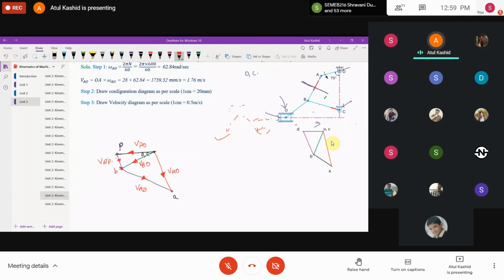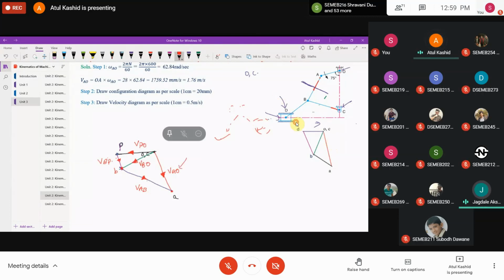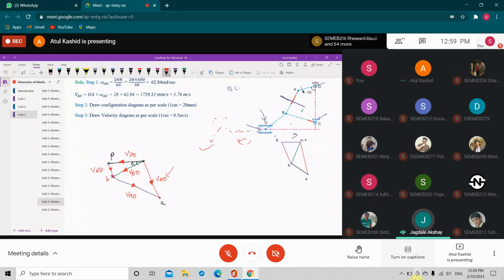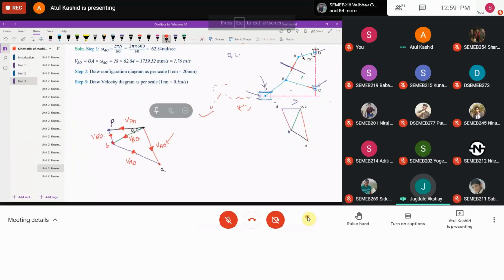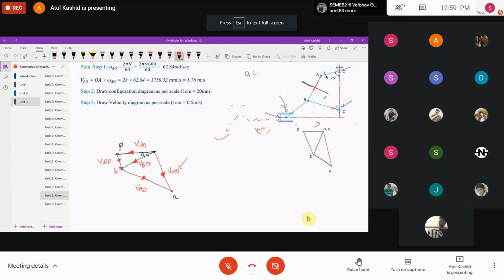So in this way, in this velocity diagram, we can... Sir, velocity of B with respect to D? It should be velocity of B with respect to point P instead of D. The notation, I think, is wrong. Okay, sorry, I'm always confused with the piston. Whenever I take the name of piston, I take the point P. So it is D over here. So D with respect to O, and P with respect to D.